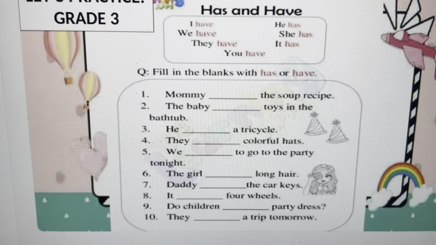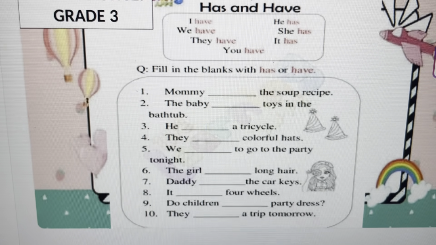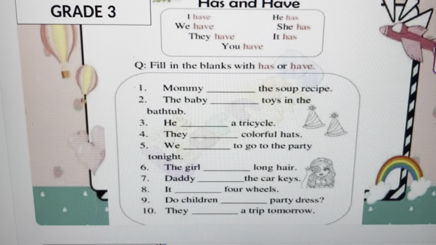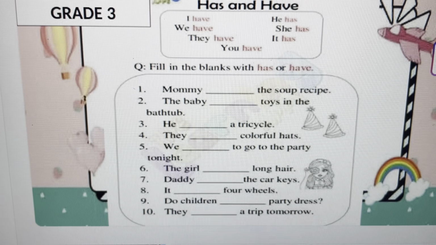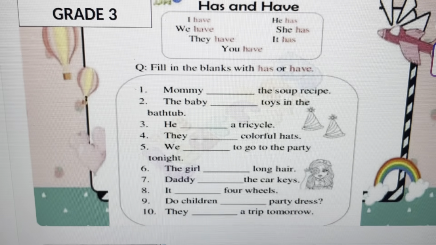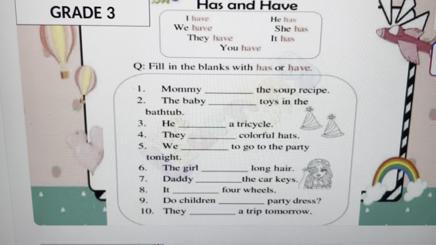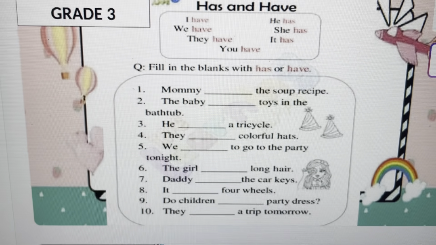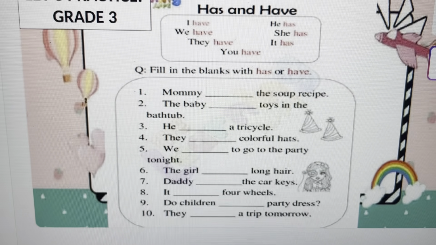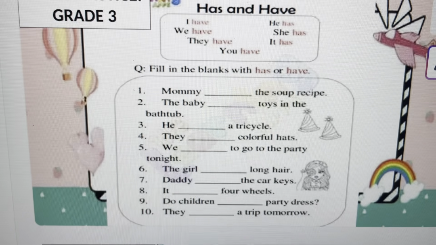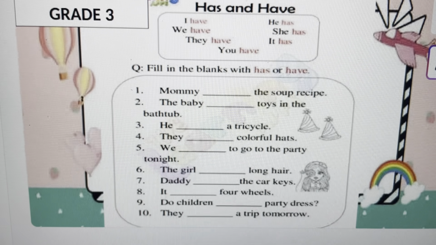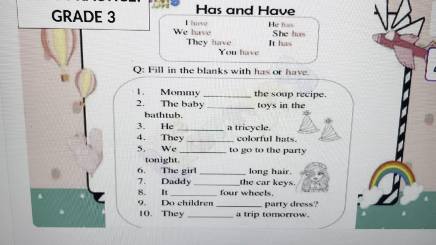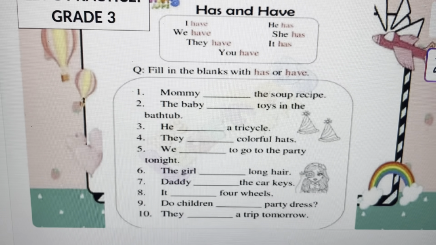So according to this, can you fill in the blanks with has or have? Mommy dash the soup recipe. Mommy is singular, what will come here? Has the soup recipe. The baby dash toys in the bathtub. Baby is singular, but the toys are more than one. The baby have toys in the bathtub. He dash a tricycle. He is singular, tricycle also singular. What will come here? He has